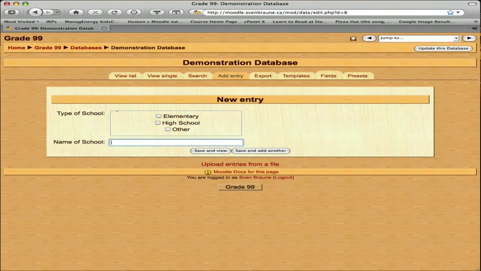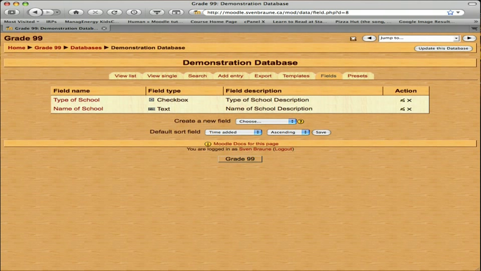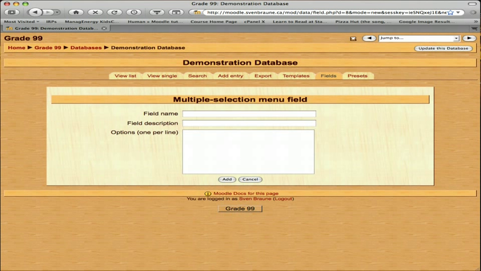And again, if you click add entry, name of school, and here you could type in the name of school. Another field that I want to showcase is a multi-select. I will demonstrate in a second what it does. Grade levels,